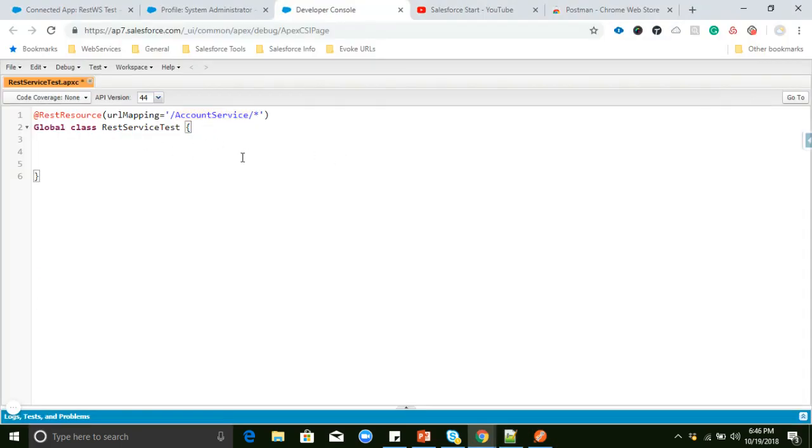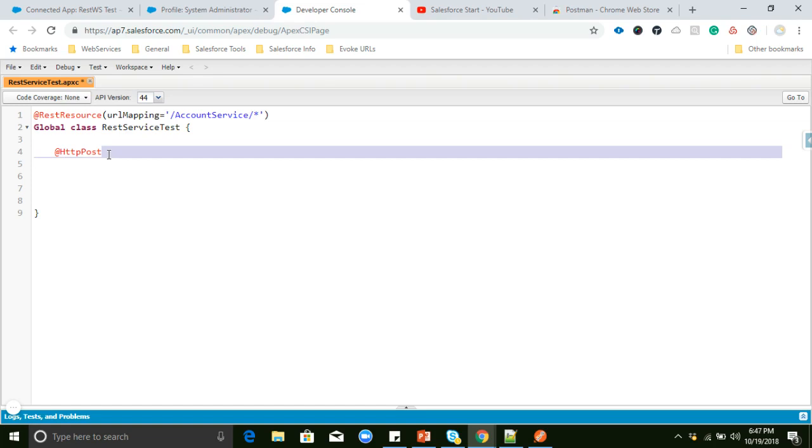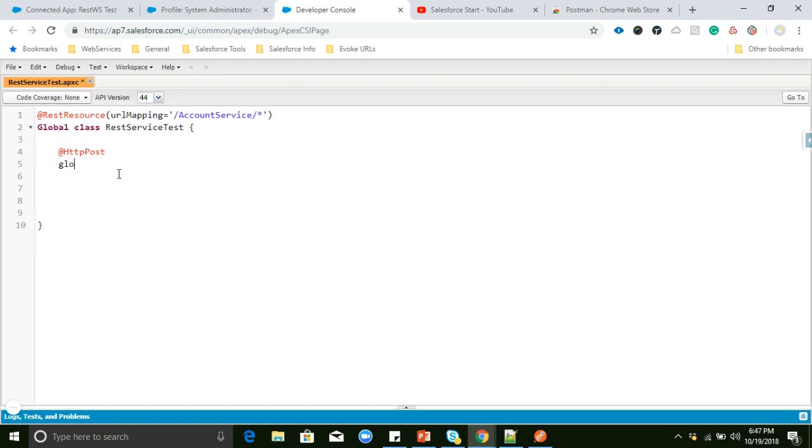For example, I will write a sample post method here. Generally we know that in the post method we can insert data from the third party. So I am creating a sample method here.